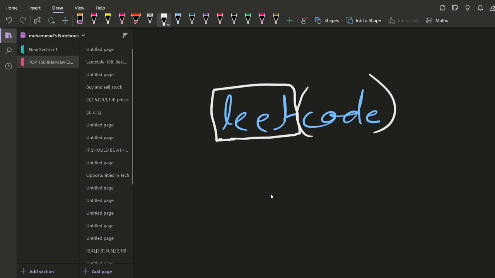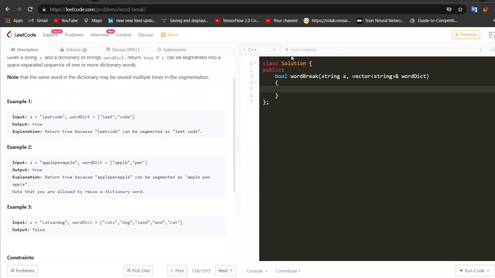Okay, alright, let me just tell you what I'm trying to say using this code. So let's say I have this helper function. This helper function is going to return 0 or 1 depending on whether it is possible or not. So int help, int i, this is the ith index we are currently standing on.